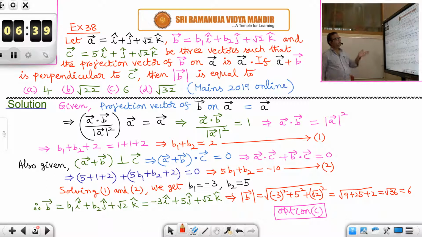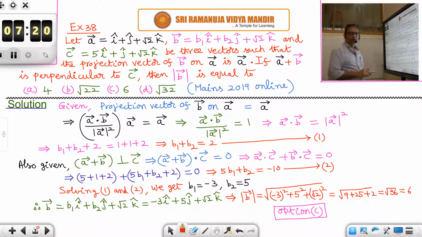Let a bar be fully given, but b bar is equal to b1, b2, unknown quantities, and c bar of course fully given, be three vectors such that the projection vector of b bar on a bar is a bar. And also it is given that if a bar plus b bar is perpendicular to c bar, then mod b bar is equal to. So to find mod b bar